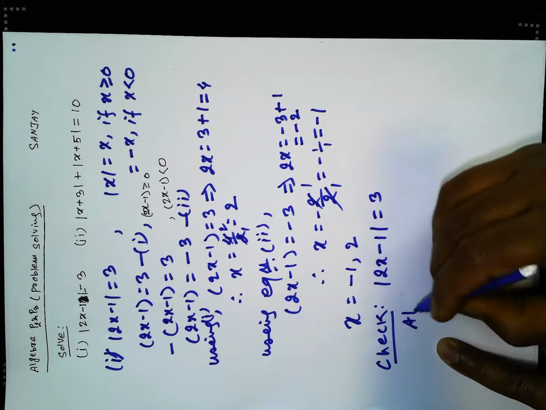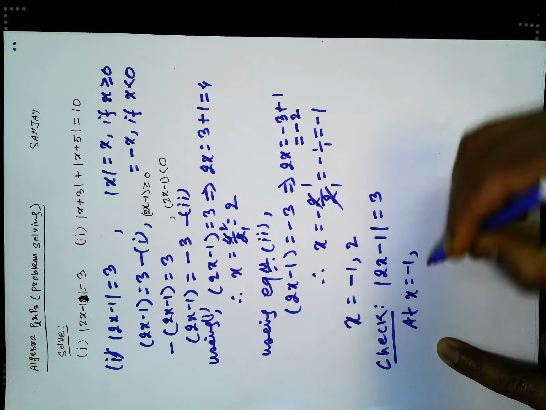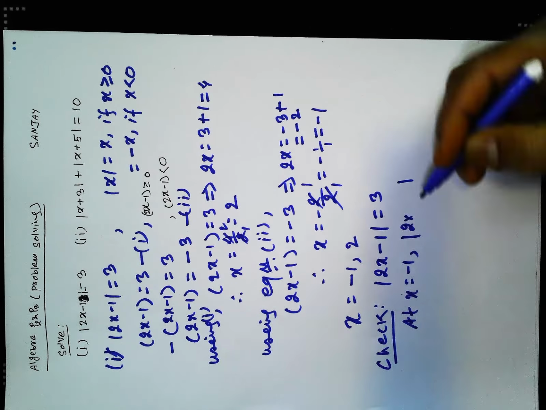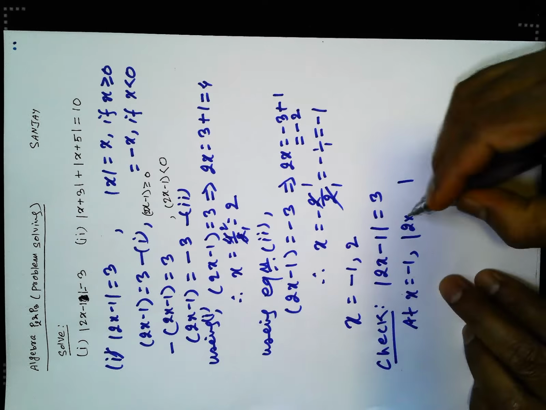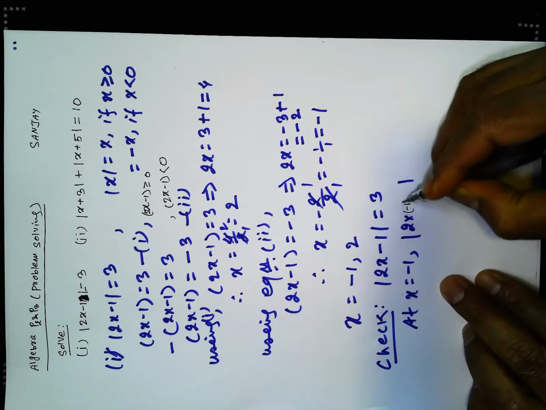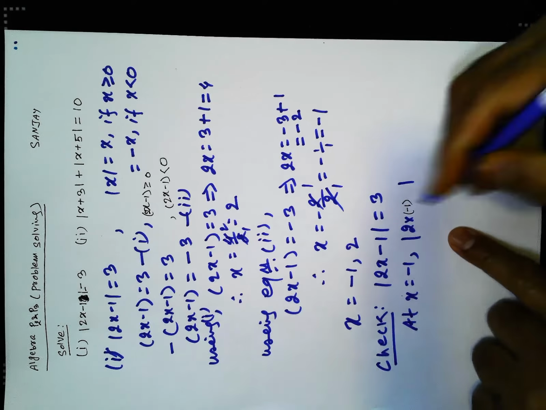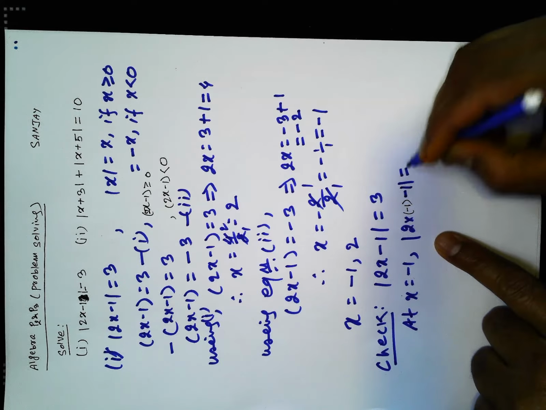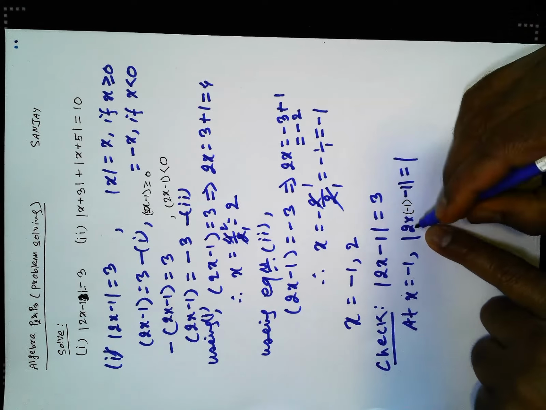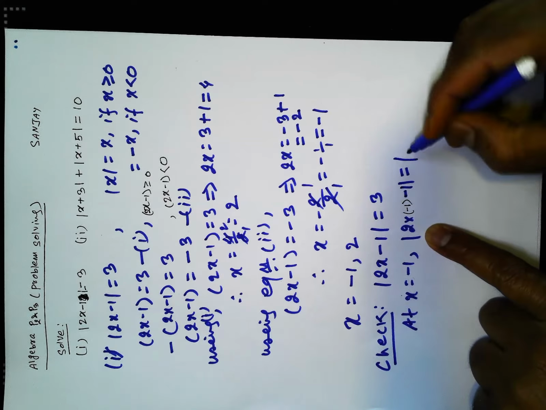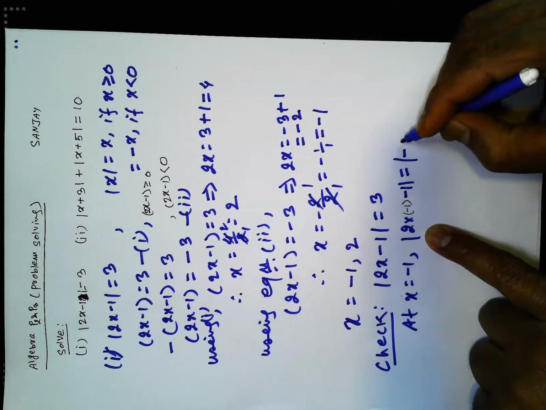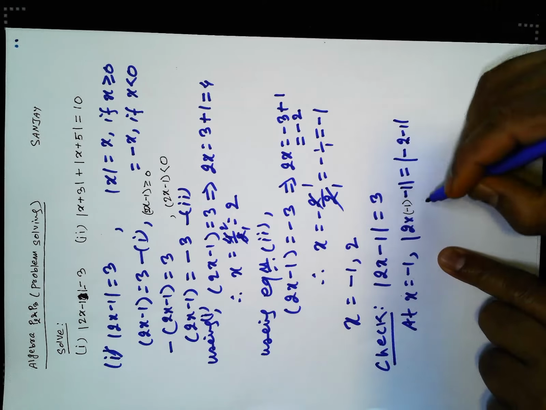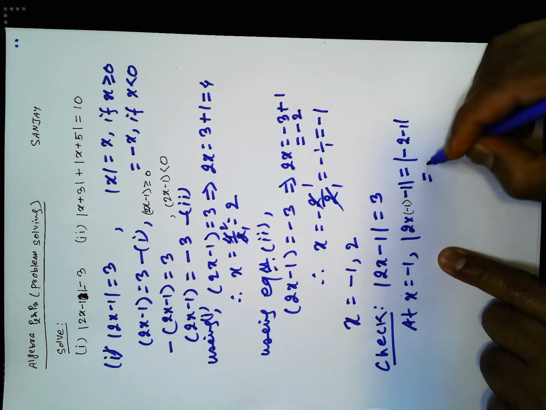At x equals minus 1, we have 2 times x, which is 2 times minus 1, equals minus 2, and then minus 1, so it is minus 3